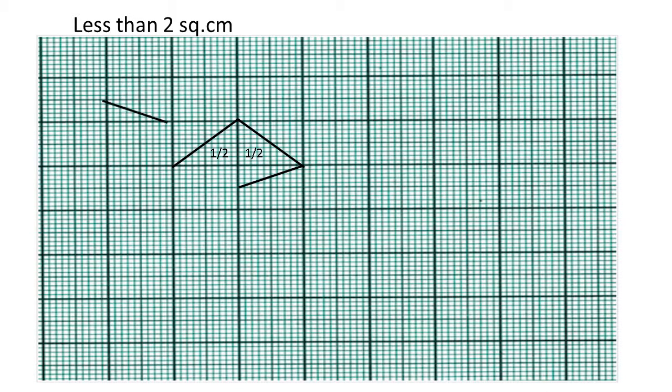Okay, here comes the first line and here comes the second line. So previously these lines were drawn. In the previous slide we drew this line and we touched these lines and brought it down, but here we are finishing it a little bit on the upper side. Why? Because our condition is less than 2 square centimeter. To satisfy this condition, we drew it this way. So area is now how much? More than 1 square centimeter, but less than 2 square centimeter, right? Let's move to the next example.